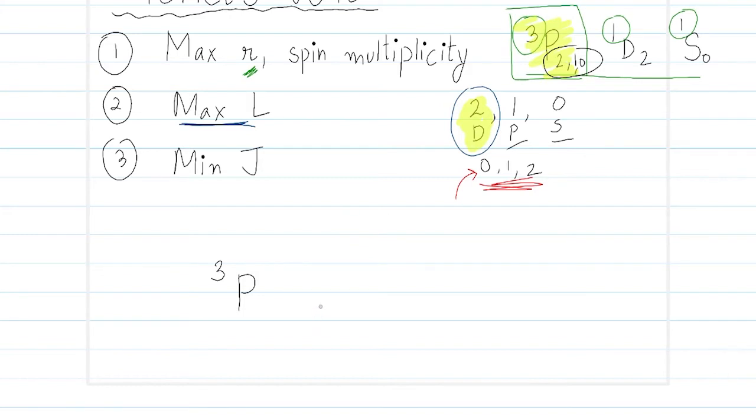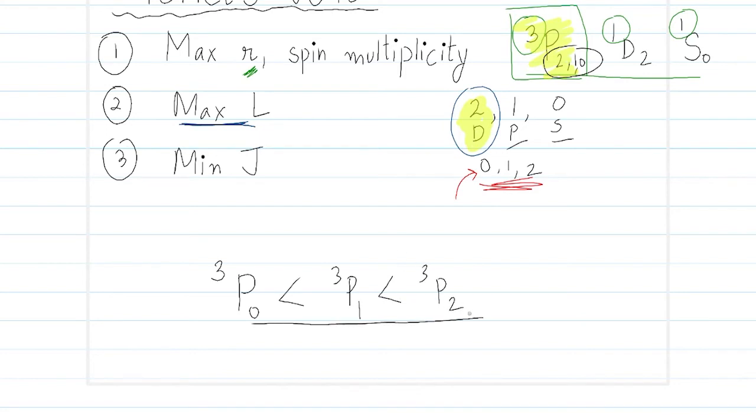Now we know what will be the first energy level, the ground state. In 3P we have three options, either 3P2, 3P1 or 3P0. So what we'll consider here is the minimum value of J, so we'll take 0. So it will be 3P0. And after this term what will come? Again we'll have 3P. Among 1 and 2, which one is smaller? 1, right? So we'll write 3P1. And after that we'll have 3P2.